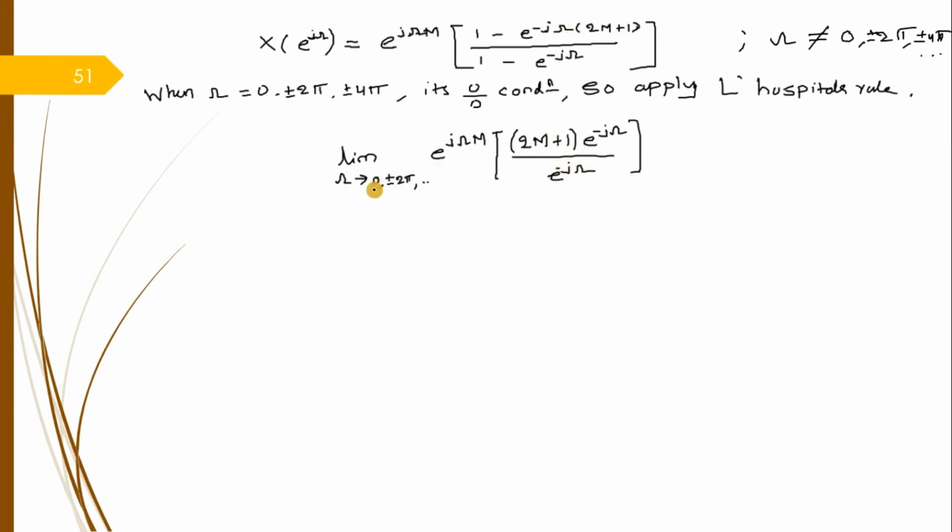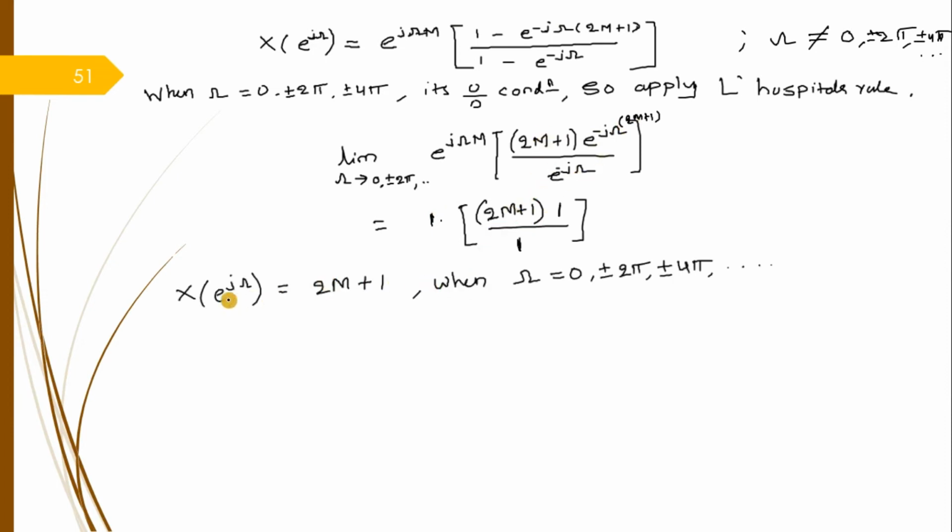After substituting 0, for easiness, we will substitute omega equal to 0. If I substitute omega equal to 0, e raised to 0 is 1, e raised to 0 is 1, e raised to 0 is 1. So here 2m plus 1 was missing, so that's why I took it here. You can see here e raised to 0 is 1. This is also 1. This is also 1. Only this is left. So hence X of e raised to j omega is equal to 2m plus 1